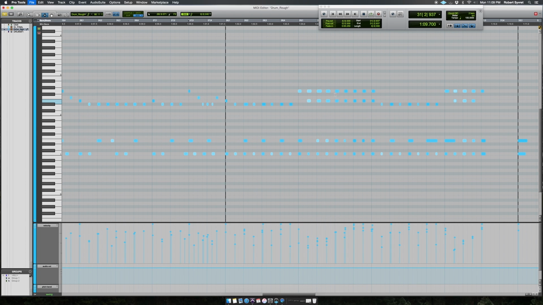All right, so we got that out of the way. We'll go and we'll get the ride hits that come over these snare attacks, bring them down. And then anything that comes after a crash we'll bring down even more. We'll get rid of some of these louder notes. So what we have now is